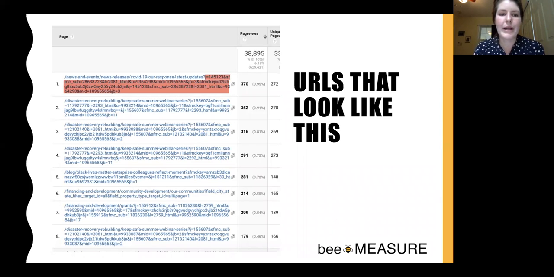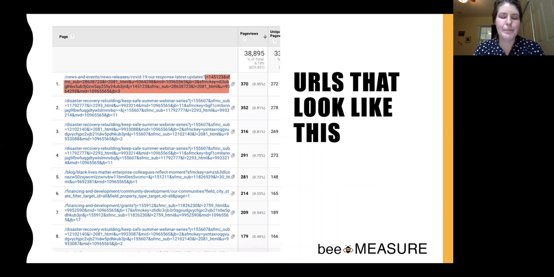This is quite common with websites of any kind. I have a government client right now that has a lot of query parameters, and if you don't tell Google Analytics to filter them out, they show up in your page view report.